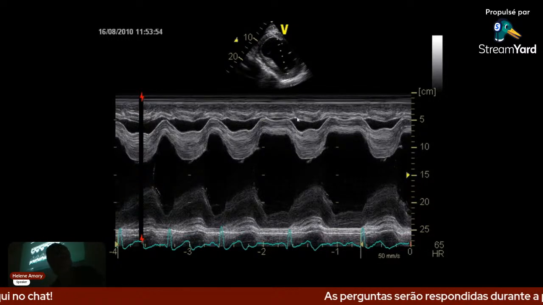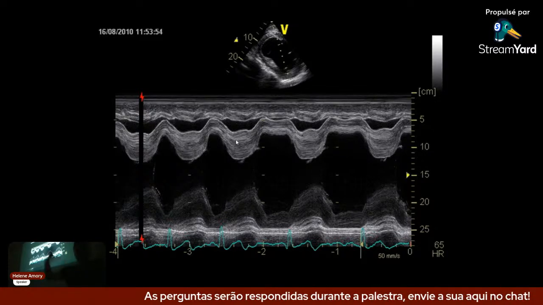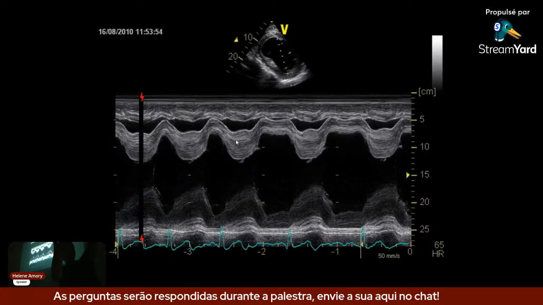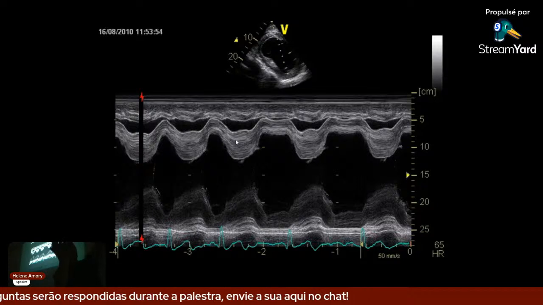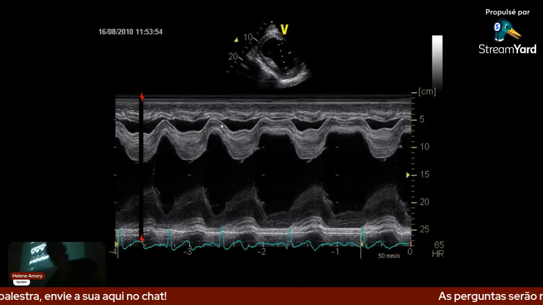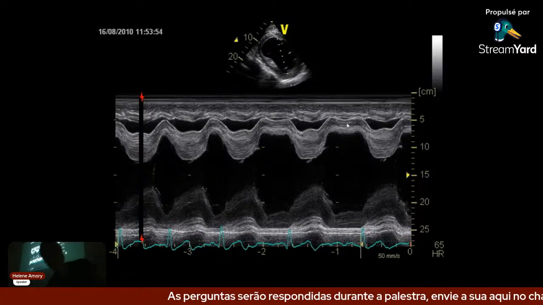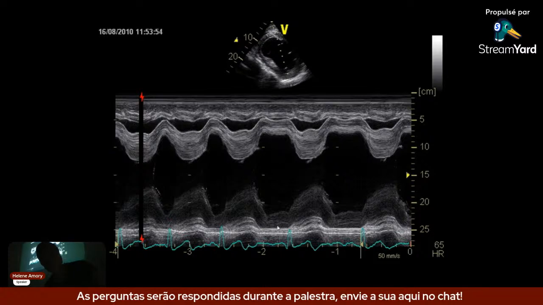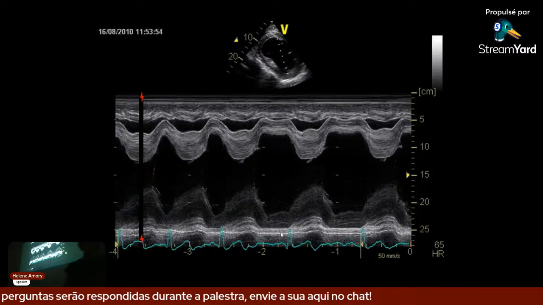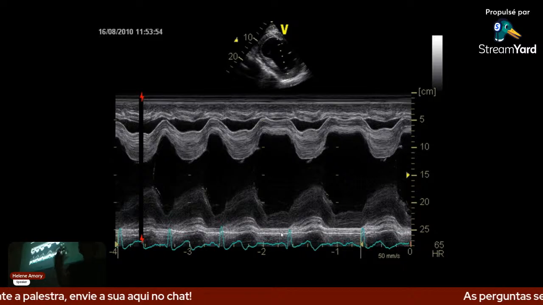The volume overload is also seen here in the time motion view. What is evident here is that the contraction of the septum is already exaggerated. The thickening of the septum during systole is exaggerated. During diastole, it's rather thin because the ventricle is dilated. Okay, we will measure the internal diameter of the ventricle after, to see if it is dilated, but subjectively it seems to be dilated.